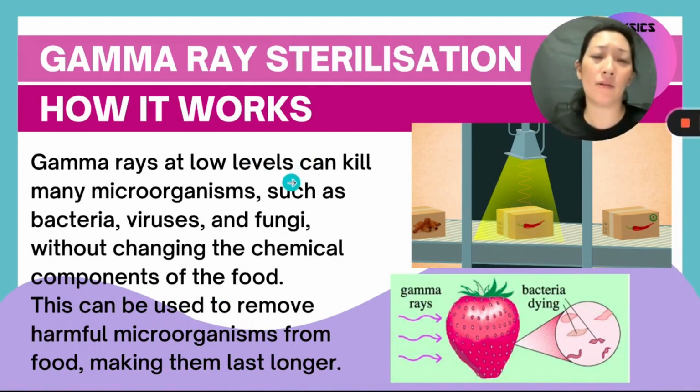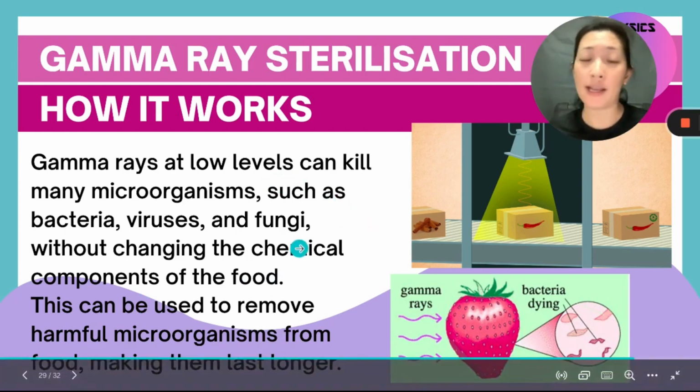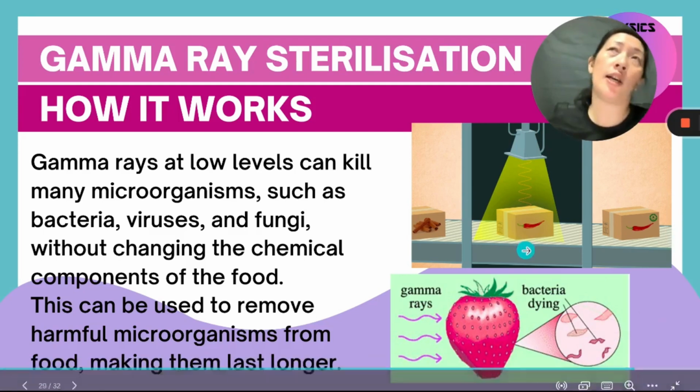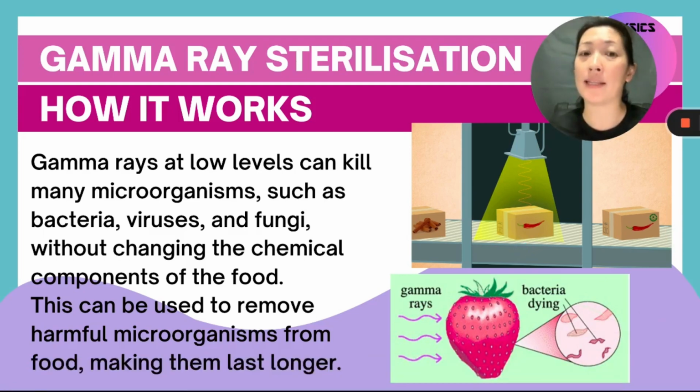So gamma rays at low levels can kill many microorganisms such as bacteria, viruses, and fungi without changing the chemical components of the food. And this can be very useful in removing harmful microorganisms from food and makes the food last longer. So one way which gamma rays are used as sterilization of food is, you can see here, they